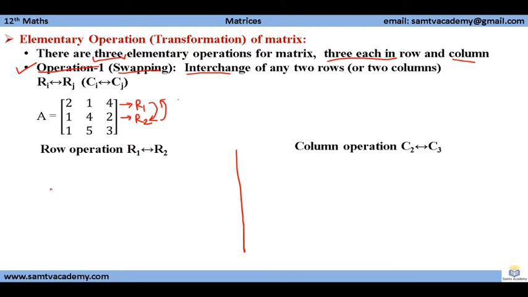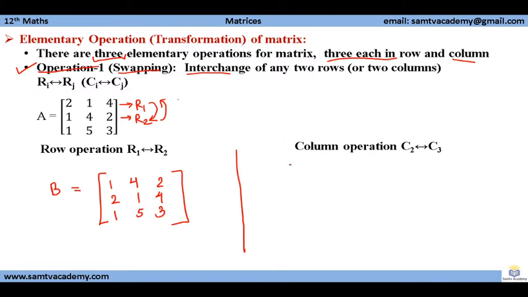Now suppose the new matrix formed after performing the swapping operation, that is interchanging R1 and R2, is B. It will become: R1 replaced with R2, that is 1 4 2, and R2 replaced by R1, that is 2 1 4, and R3 will remain as it is, 1 5